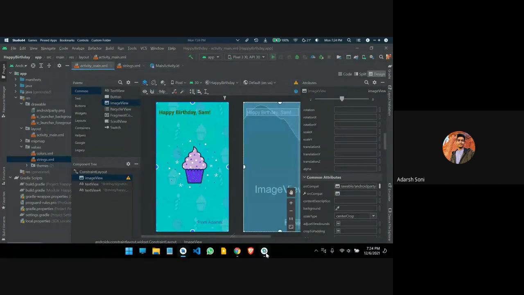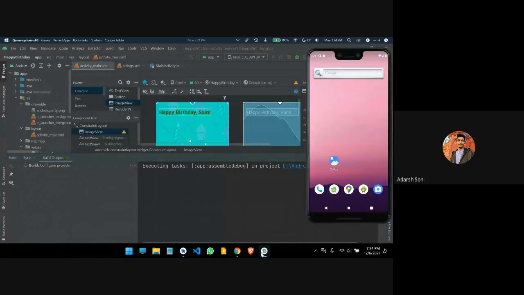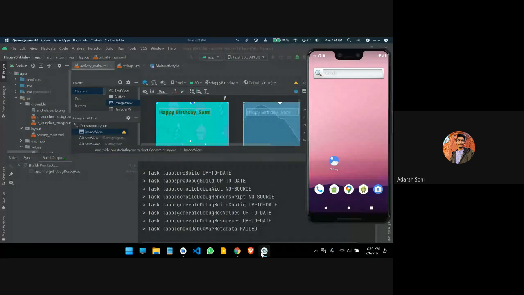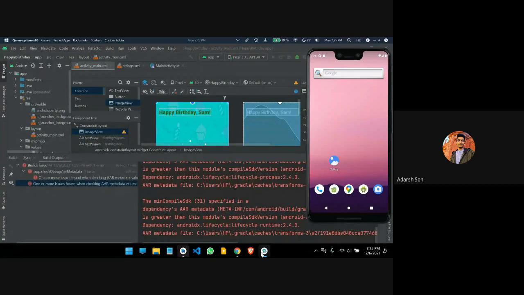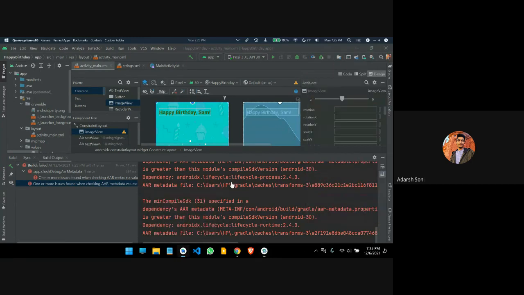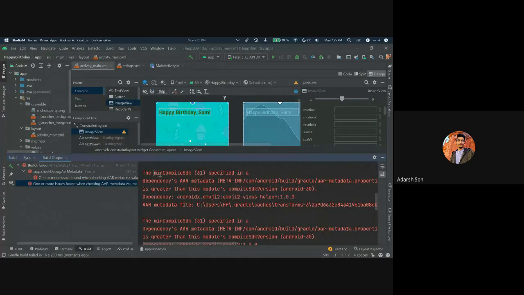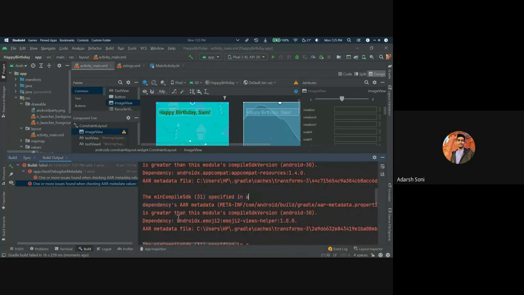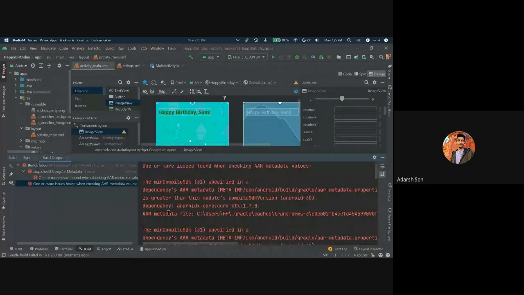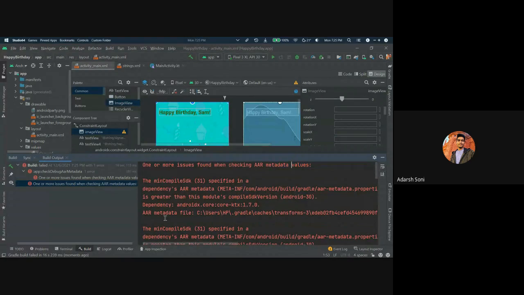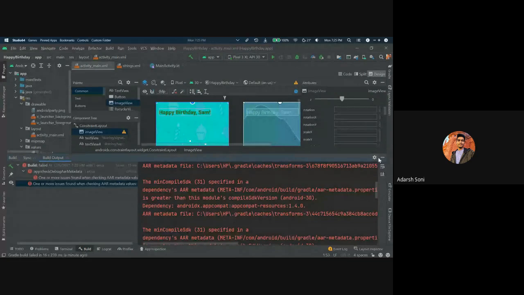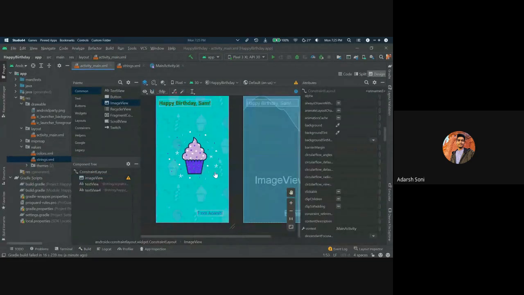We will run our app again. Okay, so this is what our app looks like if we run it.